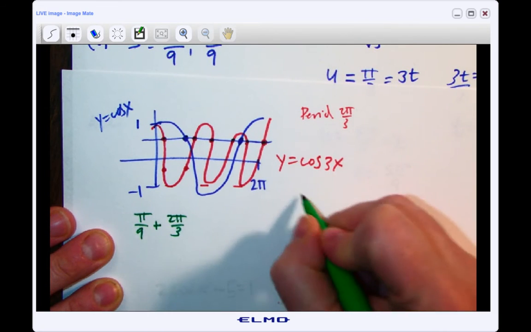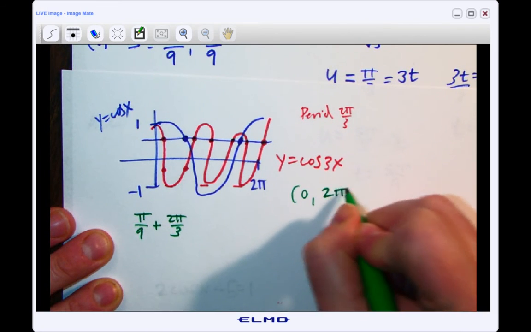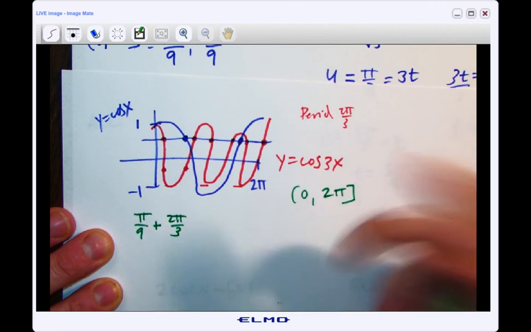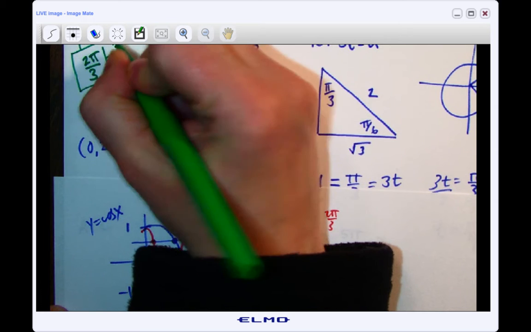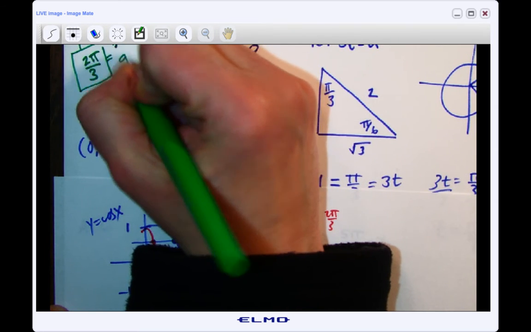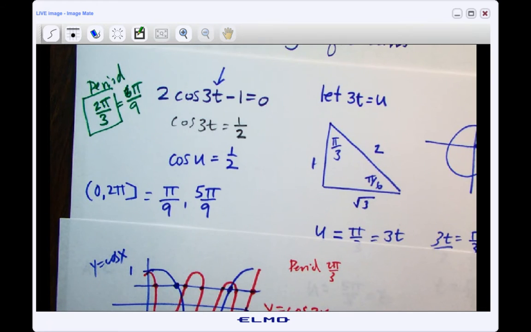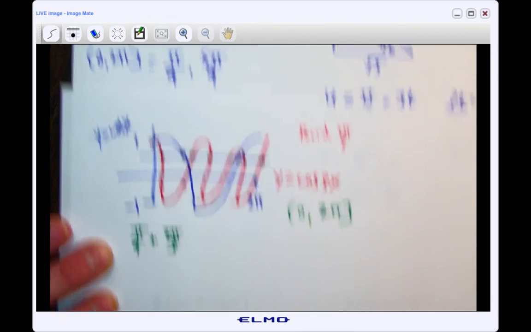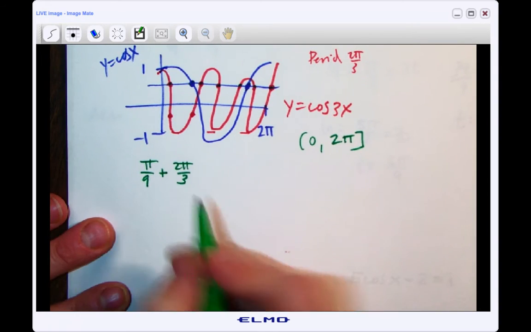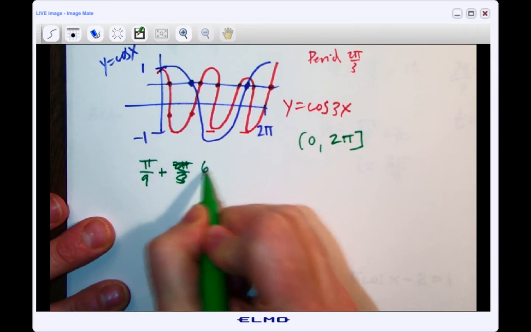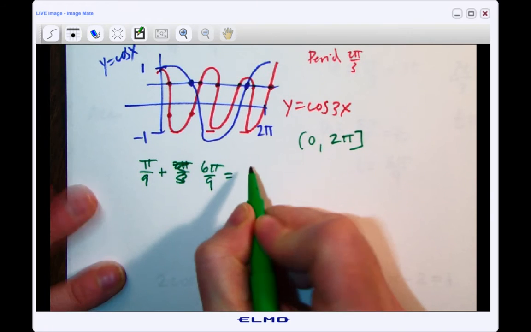Okay, so remember, this is if I'm looking for the angles between here and here. Okay, so I'm going to change 2 pi over 3 to something with ninths. So that will be 6 pi over 9, right? And why did I change it to ninths? Because these are both in ninths. So if I'm going to add my period to it, it makes sense to change it to ninths, right? So really what I want to add is 6 pi over 9, and that will give me a 7 pi